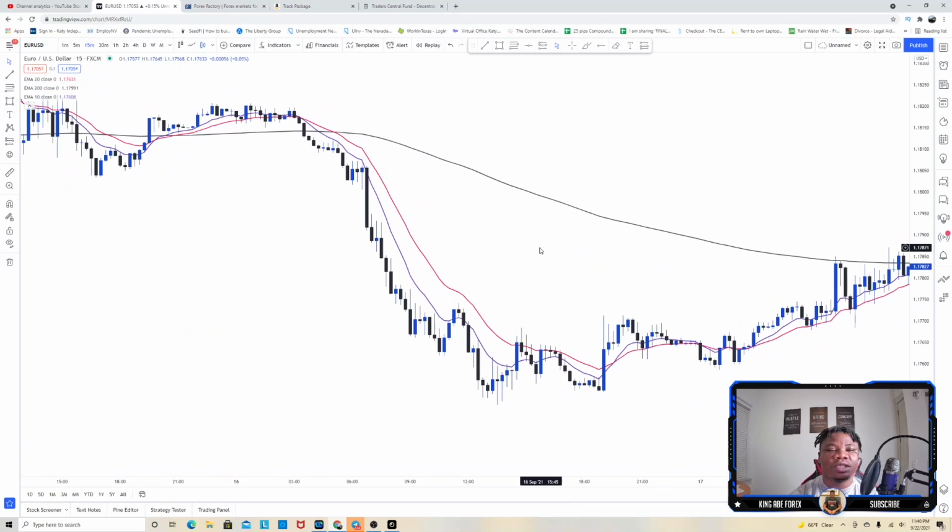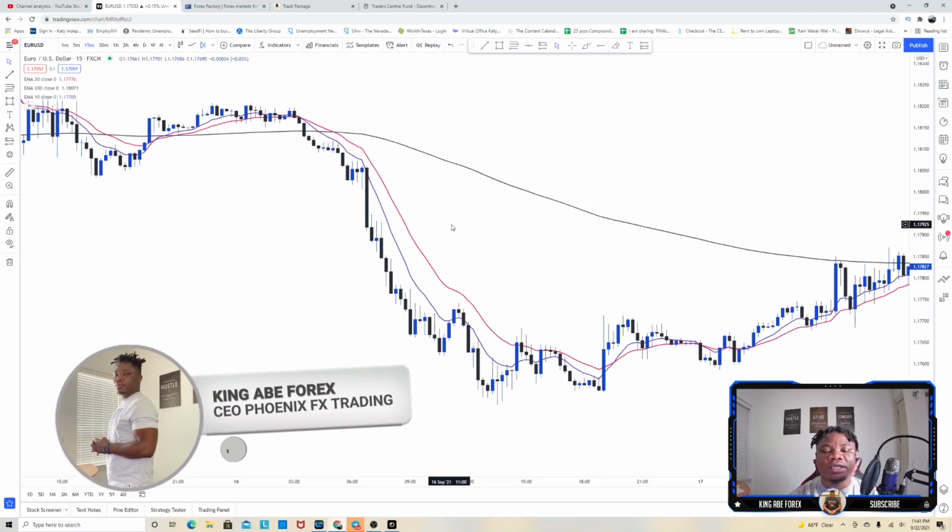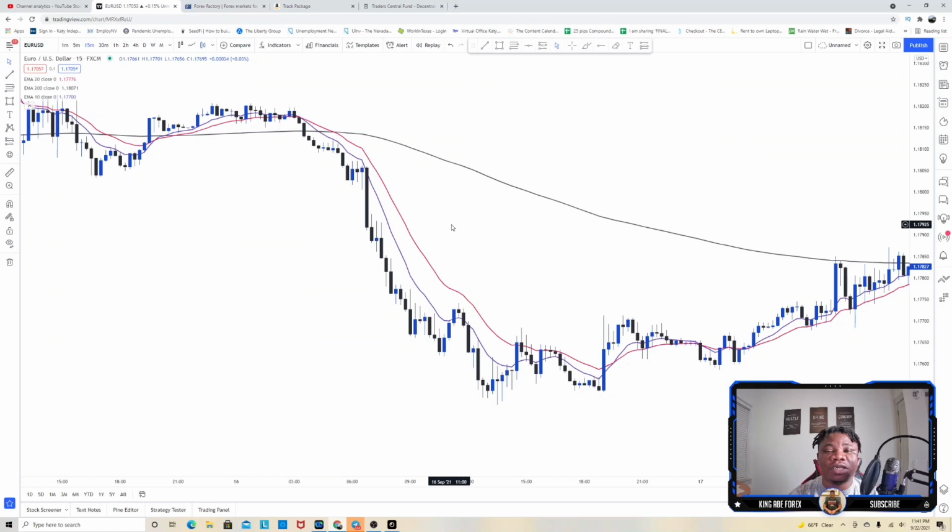Now, because we're scalping, the reason why we have the 200 EMA on our chart is because we're going to use the 200 EMA for our long-term trades, and the 10 and the 20 EMA are our short-term trade. And the reason why we add the 10 and 20 EMA here is because they are going to help you identify where your entry is going to be using this strategy whenever you are